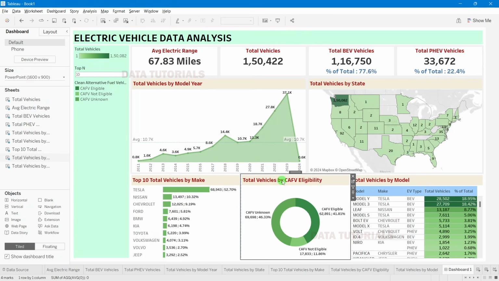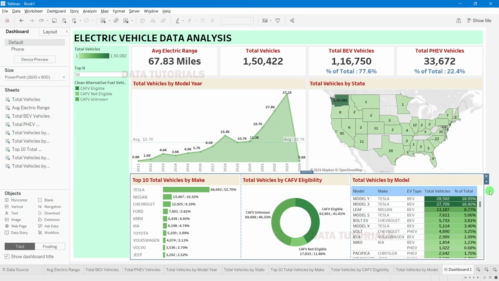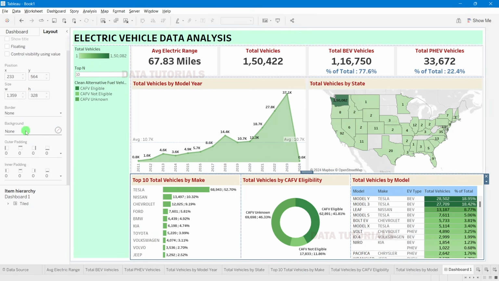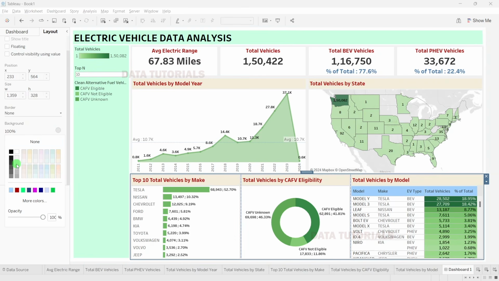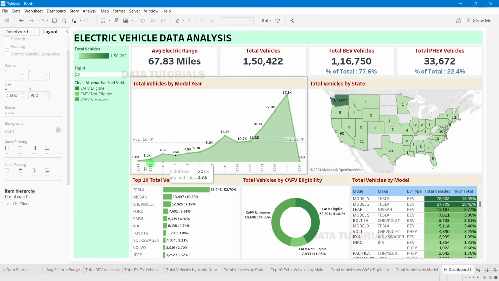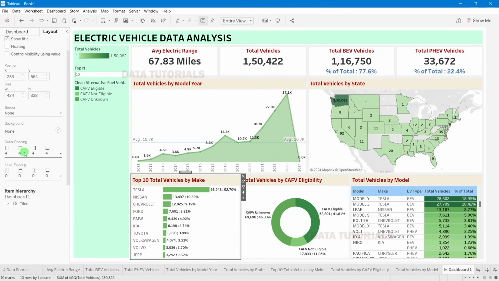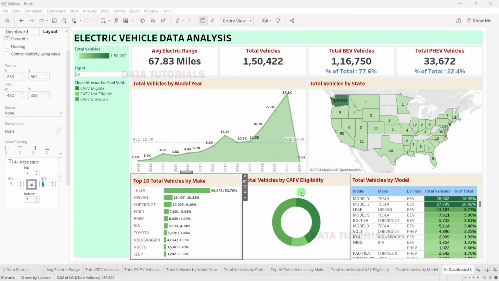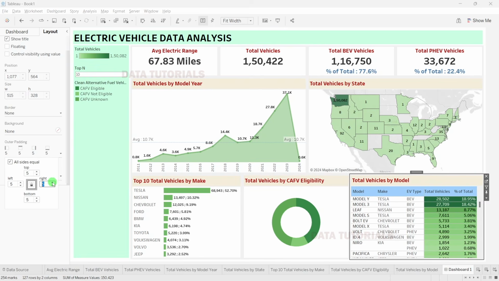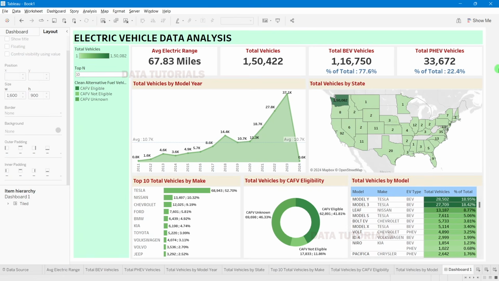Right, now just select this first sheet and just click on this and select this entire container, go to layout, and on background just select this particular shading, and this has 50%. Right, now just select this and increase the padding to 6 here as well. Sorry, 6. Perfect. All right guys, so in this way we have placed all of our charts over here,